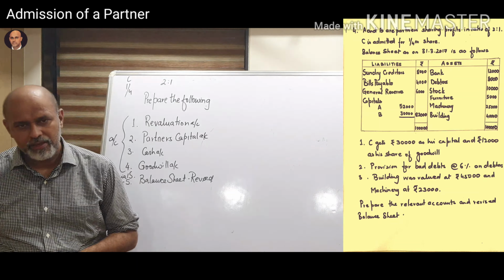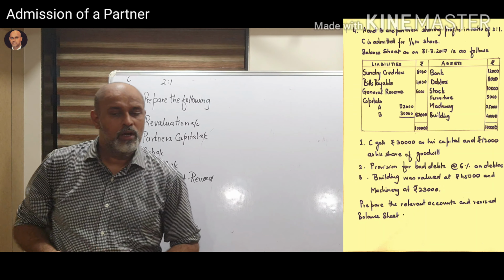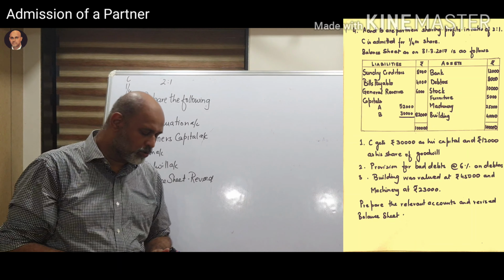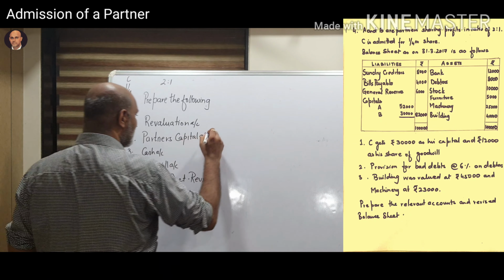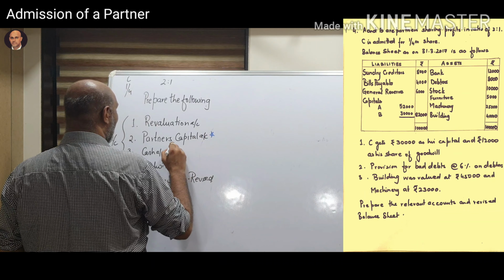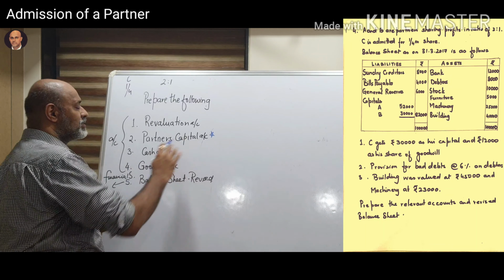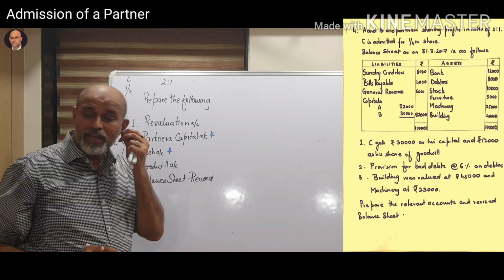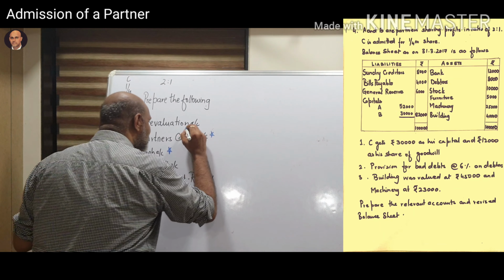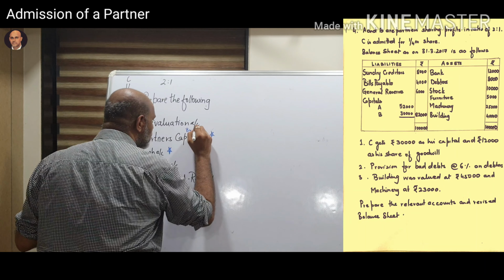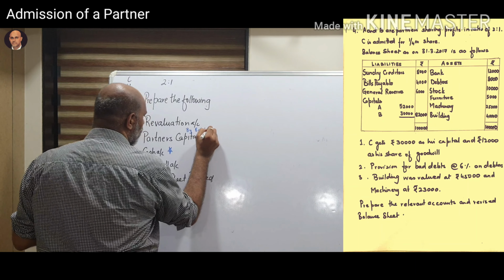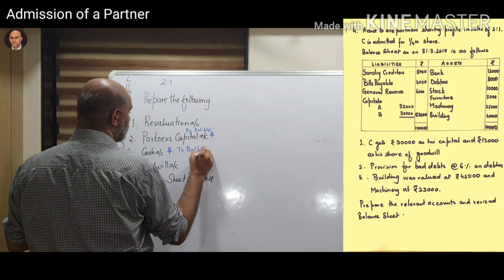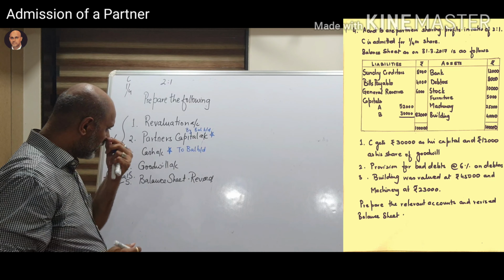That's the most imperative thing. That's the first thing which you are going to do when you are going to solve the sum. After opening this, you are going to enter these two balances: the balances of the cash account and the partner's capital account. Now, partner's capital account is a liability, so you shall enter it as by balance brought down, while cash you will write as to balance brought down. Okay, it's an asset, so it's got a debit balance.